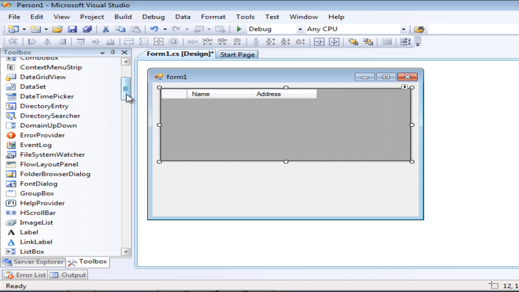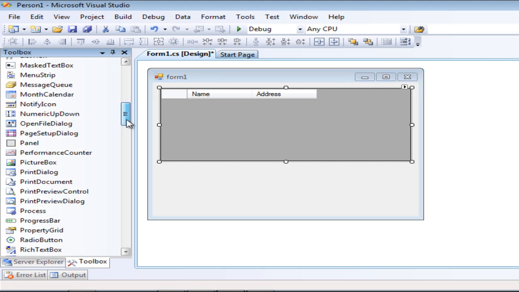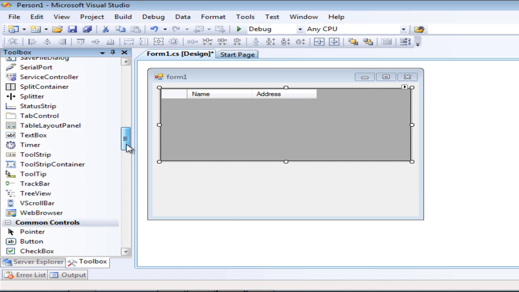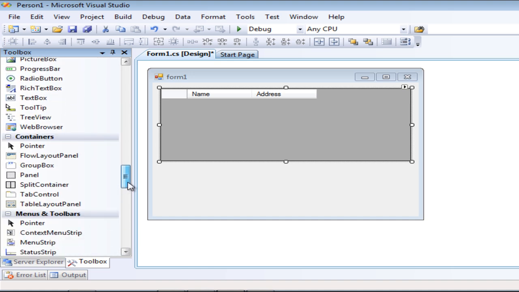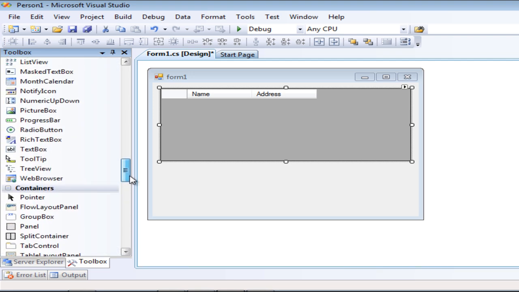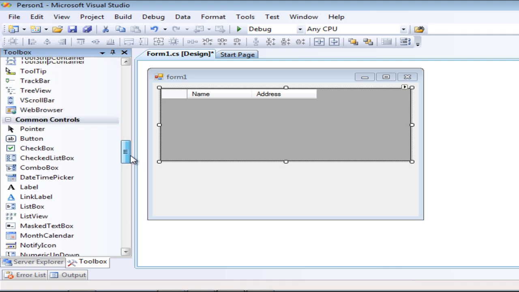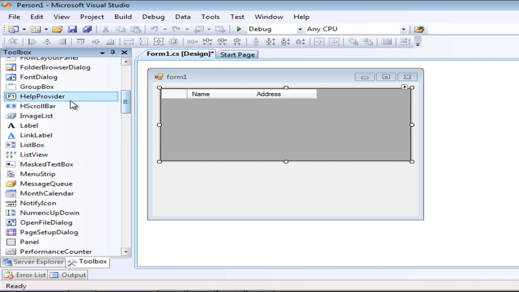Then we choose another form, the group. Where is the group box?